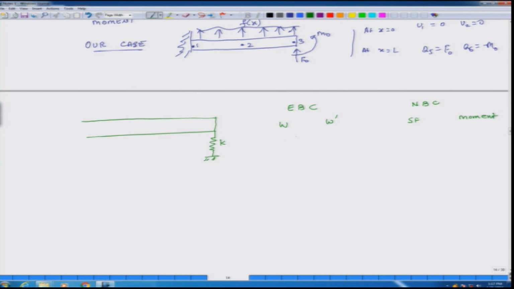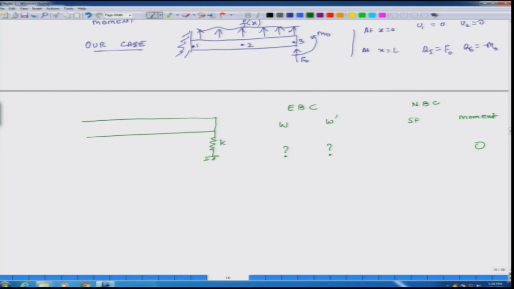So, W is known or unknown? W is unknown. We do not know what W is. We do not know also the slope. We know that the moment at the end is 0, there is no moment being prescribed, but there is